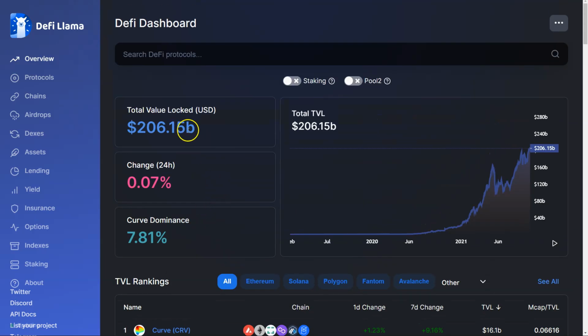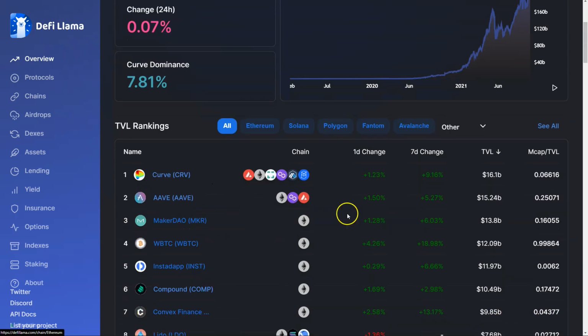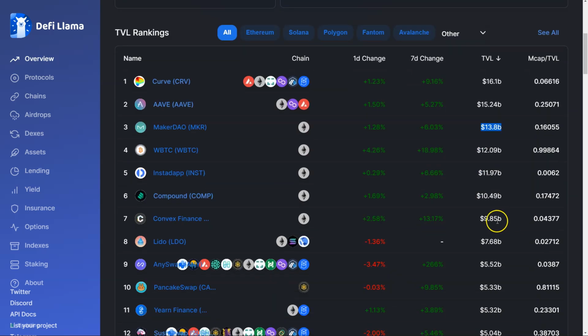If we look at TVL across everything, it's at an all-time high, 206 billion. If we look at TVL on Maker, it's still number 3 total at 13.8 billion, which is massive. And that's only on ETH. Curve and Aave both have multi-chain components here. I don't think Maker has talked about going multi-chain. I don't think they will. I think they're like Uni, where they're ETH fanboys through and through, which is fine. But that will probably hinder their TVL ever so slightly relative to this other stuff.